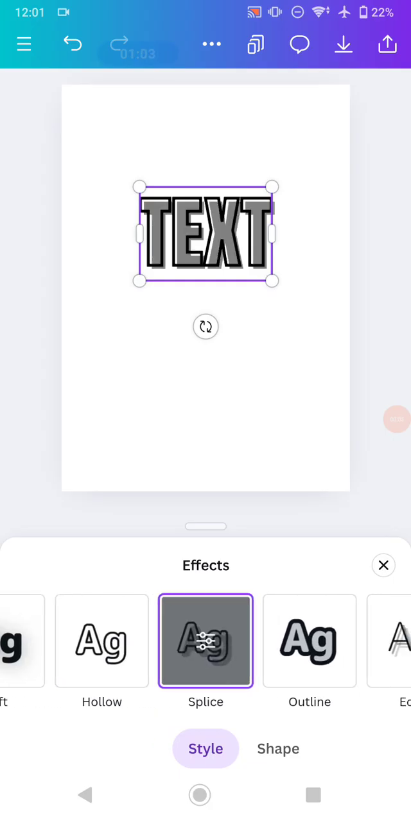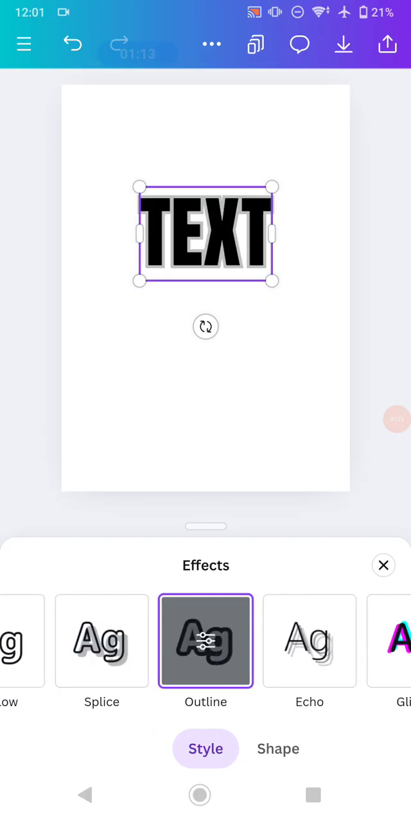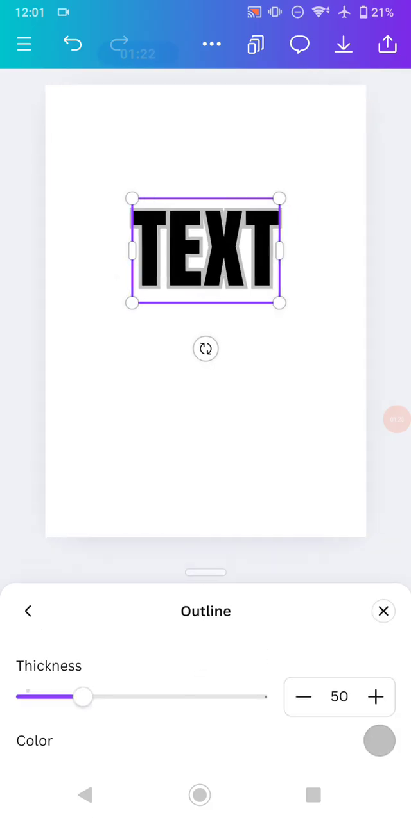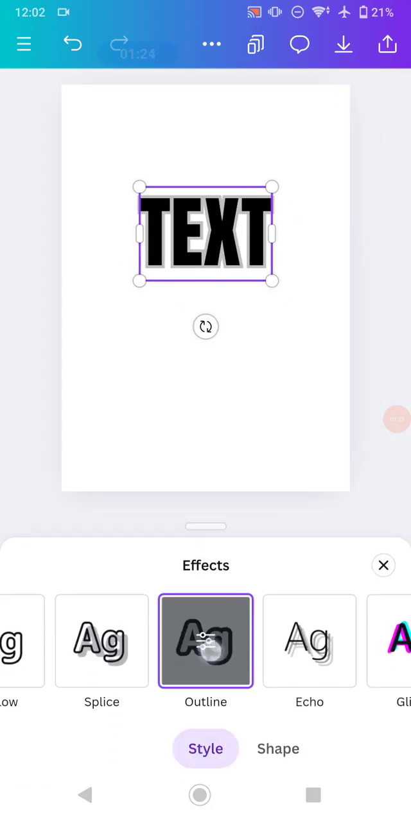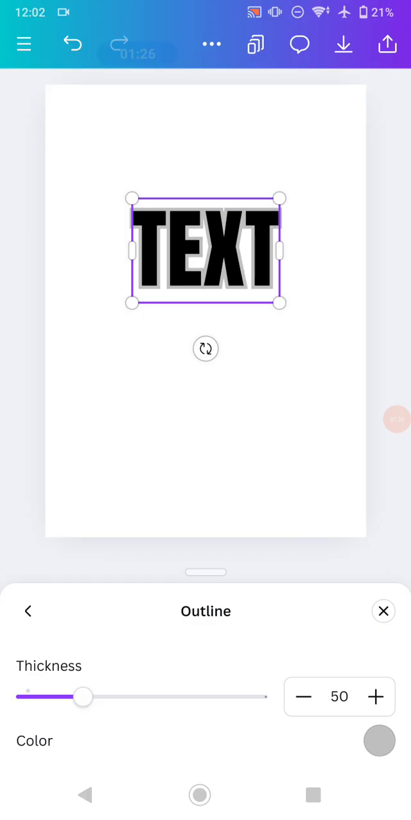And the second one is splice. So the inner text looks like a shadow or a gradient from the text. And the third one is the outline effect, and we will use this outline effect. To adjust the size and the color of it, you just need to click the outline. This one, just click it, and you can increase or decrease the thickness of the outline by swiping this white